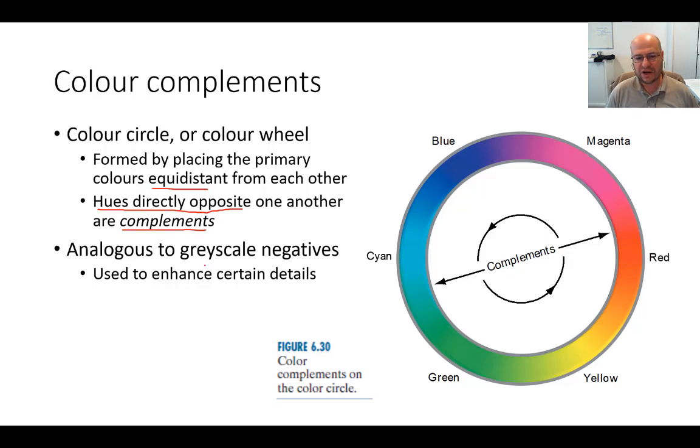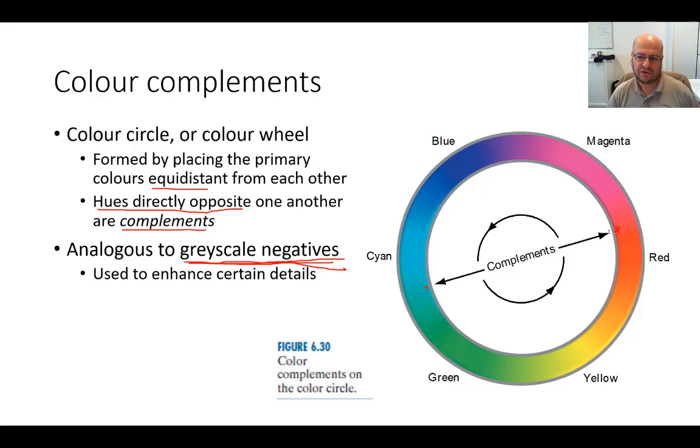This is similar to the grayscale negatives. If you get an image, as we did in the lab, and subtract all pixels from 1, you get the negative. In a grayscale image, everything that's white becomes black, everything that's black becomes white. It's the same thing in the color space, but instead of getting the negative, we get the complement of the color. So this point here, that's kind of cyan, closer to green, will become a kind of orange,